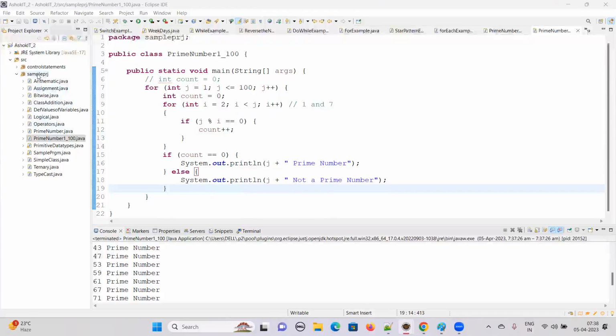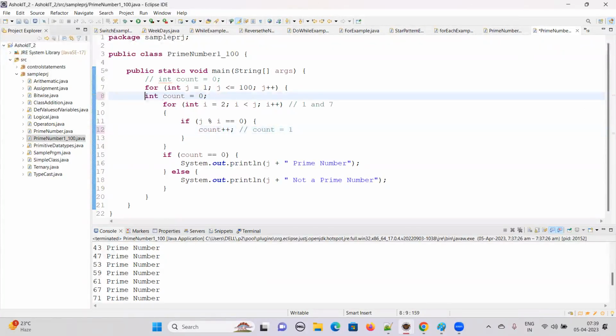Have any doubts? Can you please tell once again about the count that you have taken? See, if I don't reassign this value, it will keep on counting the value that we have. For example, we have taken 4, the count would be 1. If I don't reassign the count equal to 0 here,